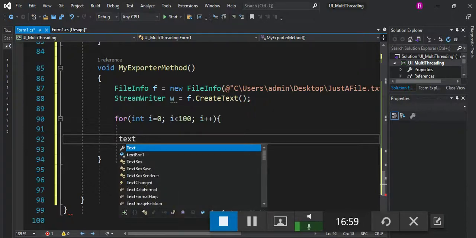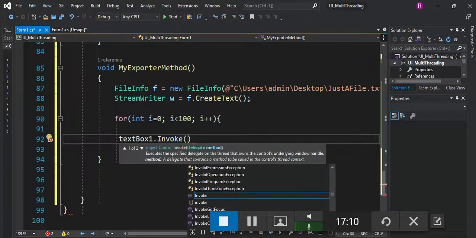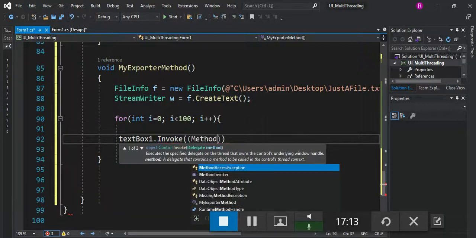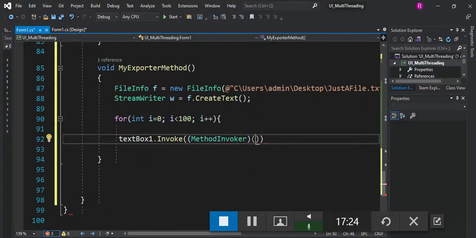Let's write each of these numbers to the text box. I have to use the invoke method, invoker delegate, and let us use lambda expressions. So just one line of text, that is text box 1 dot append text,